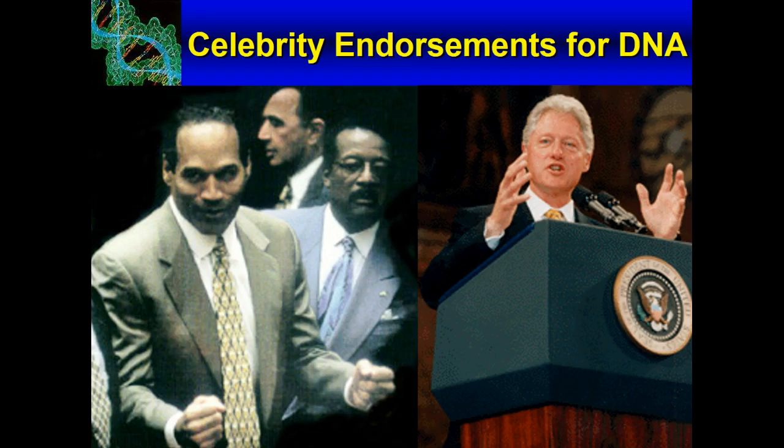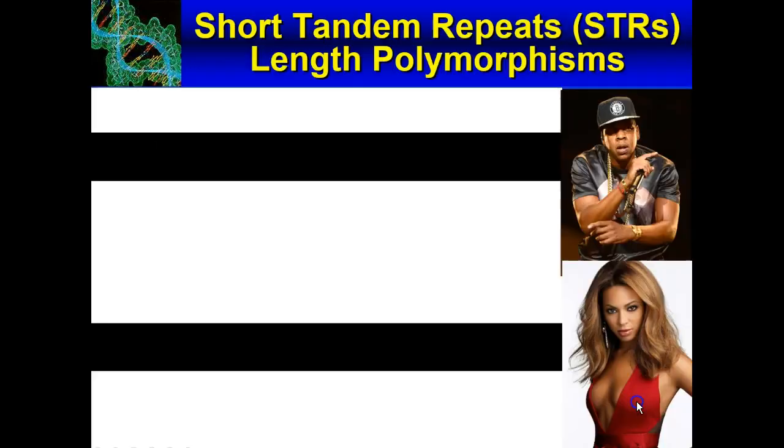I think it was '95, and the second was President Clinton, I think it was '91, '92, his alleged affair with an intern, and there was some material found on a blue dress, and whether that material belonged to the president. So these are the first two major examples of when this science first hit the American public. So let's take a look at how we can do a DNA fingerprint and how it relates to